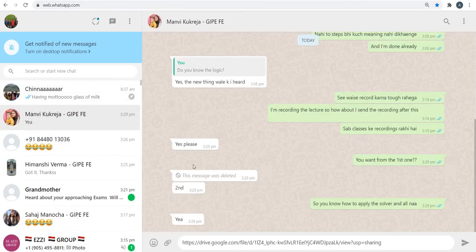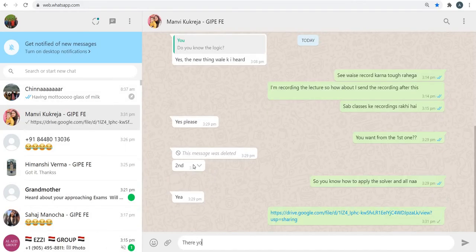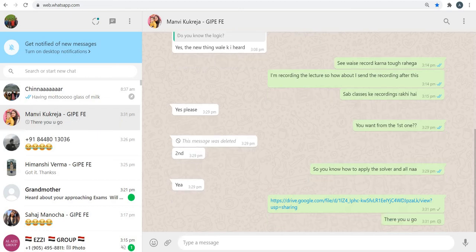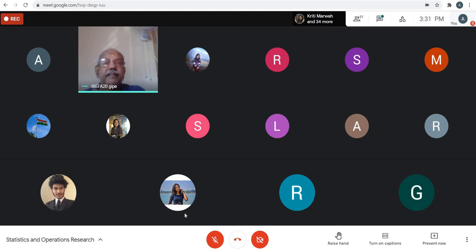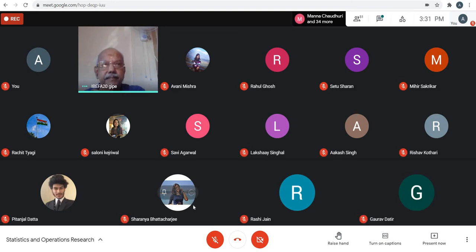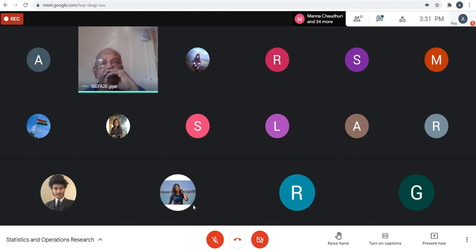So the primal LPP says Z equal to 8x1 plus 10x2 plus 5x3. This is to be maximum. Subject to